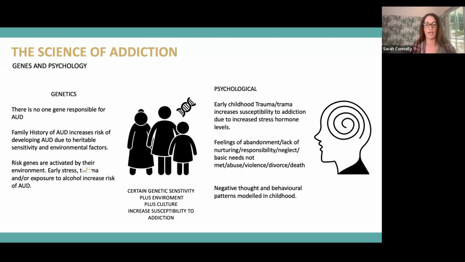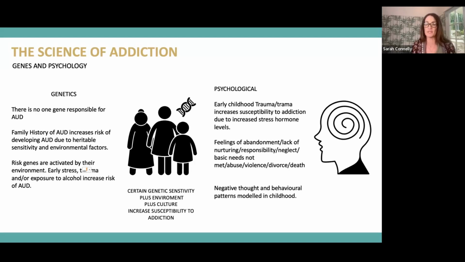So when we are born into a highly stressful environment, we are more likely to have a high stress response, as in a low stress tolerance. And we may also have those risk genes that, if they are activated by increased and ongoing stress and trauma, and then, of course, being activated by a substance like alcohol, we are much more likely to fall into addictive